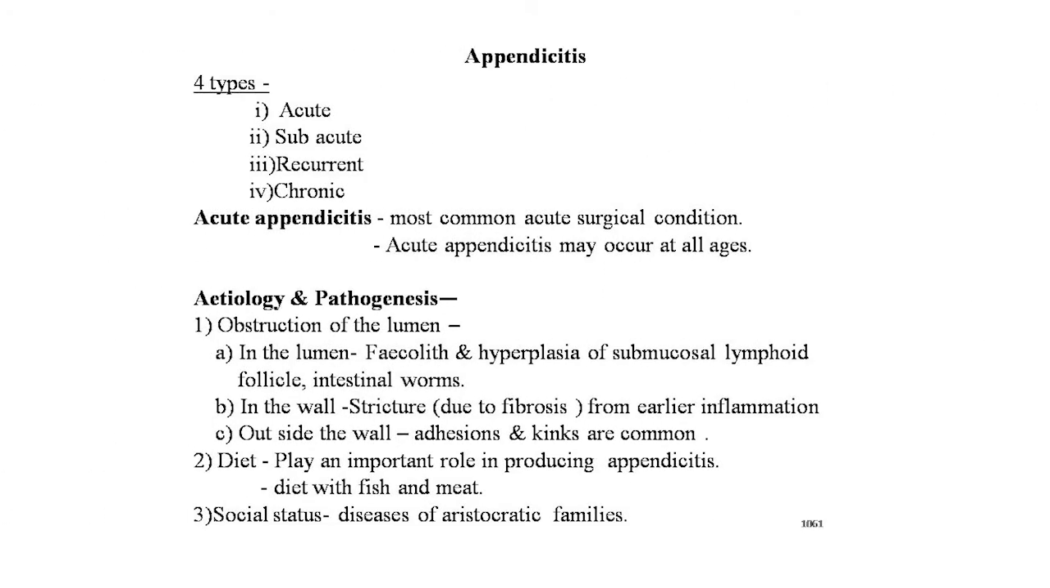Now the appendicitis. There are 4 types of appendicitis: acute appendicitis, subacute appendicitis, recurrent appendicitis and chronic appendicitis. Acute appendicitis is the most common acute surgical condition. Acute appendicitis may occur at all ages. Etiology and pathogenesis: obstruction of the lumen, fecolith and hyperplasia of the submucosal lymphoid follicles, and intestinal worms,